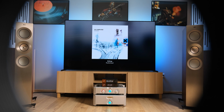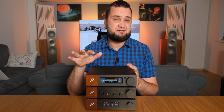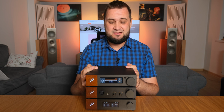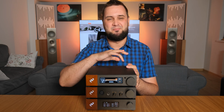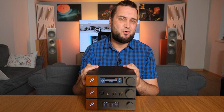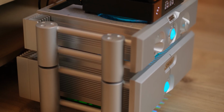Moving on to detail retrieval, most ESS DACs have already mastered the art of extracting as much information as possible from our tunes. And I've tried all kinds of ESS DACs before, but unresolving ones haven't come up yet. Now, we can all agree that once you hear a very resolving, very transparent sounding DAC to its core, it's really difficult or close to impossible going back to a less resolving one. And the mere fact that I'm thinking of replacing that Chord Dave with Ferrum Wandla already hints at its resolving abilities. What's more interesting is the way it provides that information, which is really kind of unusual, especially for an